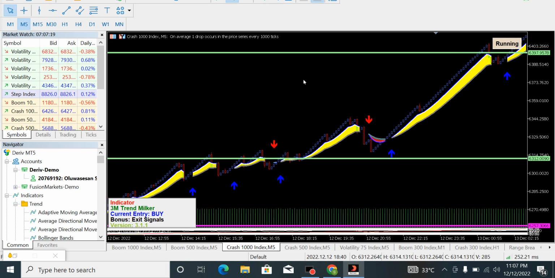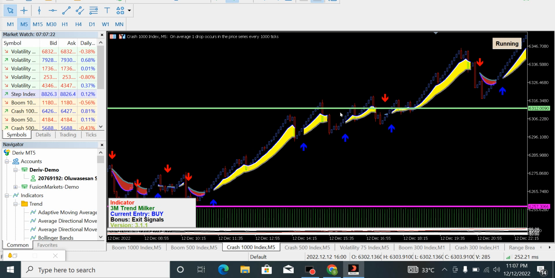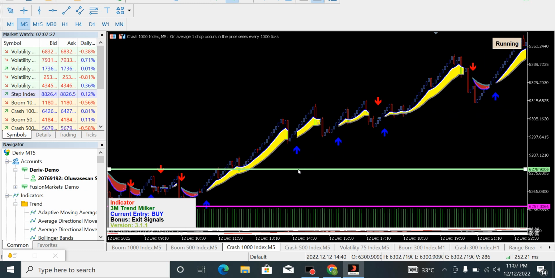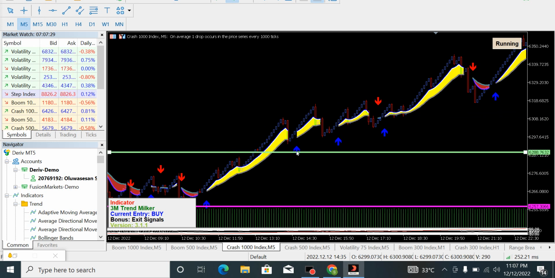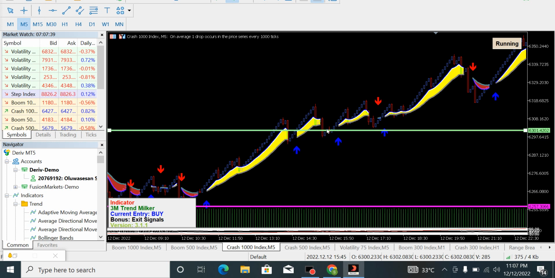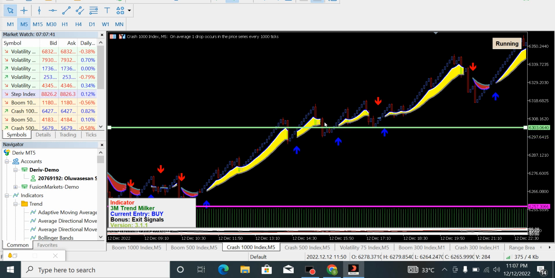For instance, let's say you decided to come in around here. Let me bring down this horizontal line. You came in around here, and after getting to this region, it crashed down. You already know that this is an uptrend situation. You came in around here, you got to this region, it crashed down, it puts you in loss. If you had used a reasonable lot size, you don't need to close it.